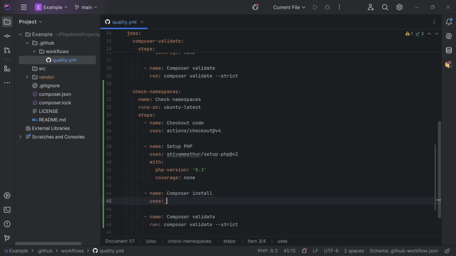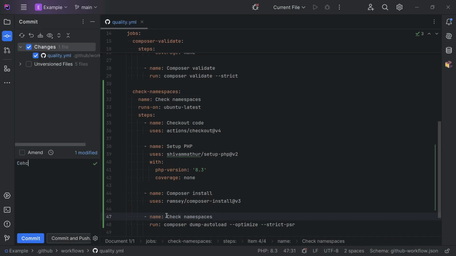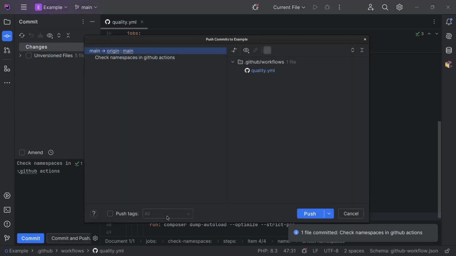And we do have another pre-built action for this. And then instead of composer validate, we do a composer dump-autoload optimize. And then if we add a commit message and push our change,